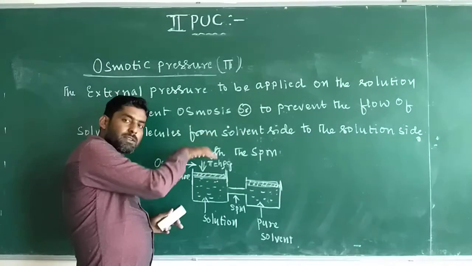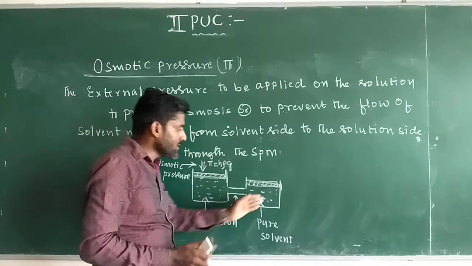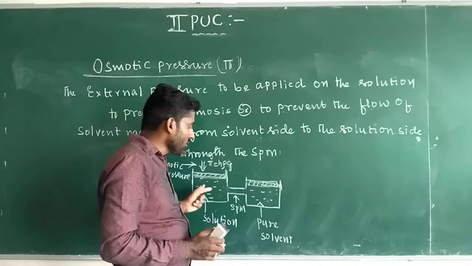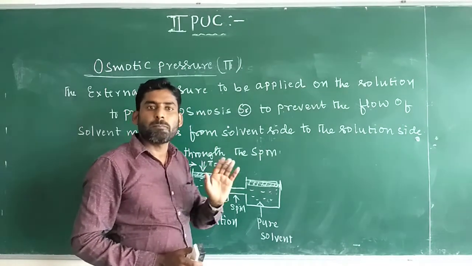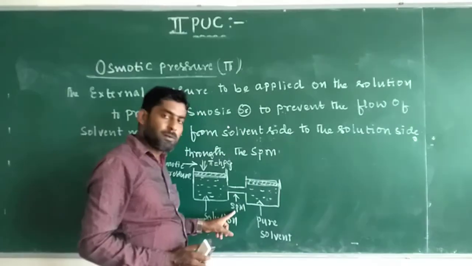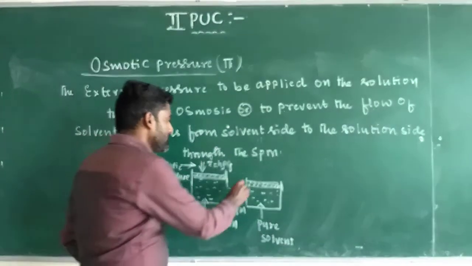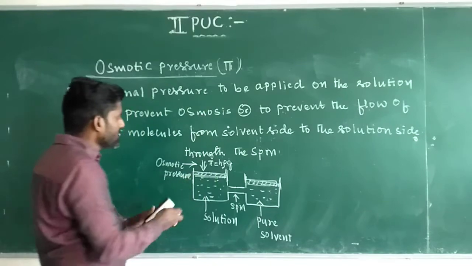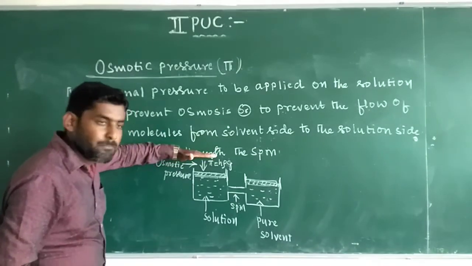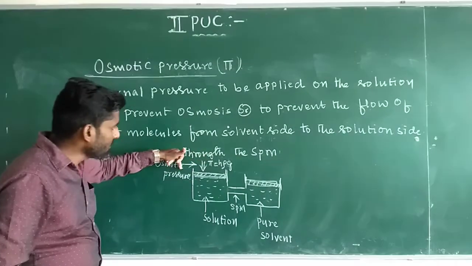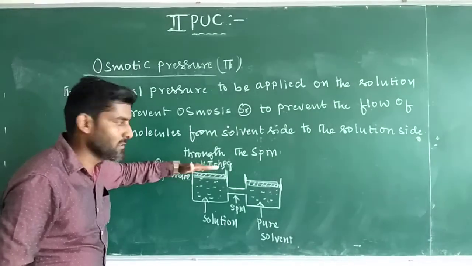That is, when pressure on the solution is increased, solvent molecules coming to the solution side is prevented, stopped, through the semi-permeable membrane. So that is called osmotic pressure. So osmotic pressure is nothing but the external pressure to be applied on the solution side, to prevent the